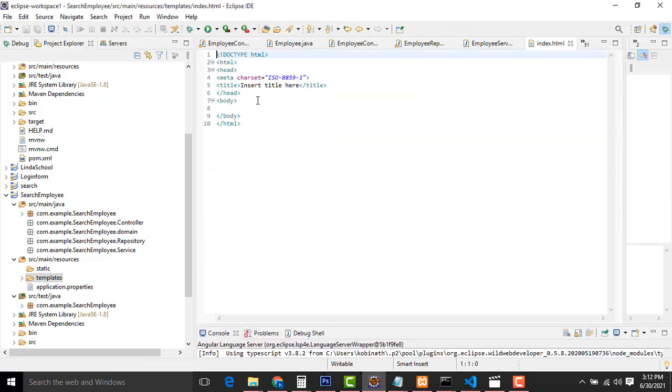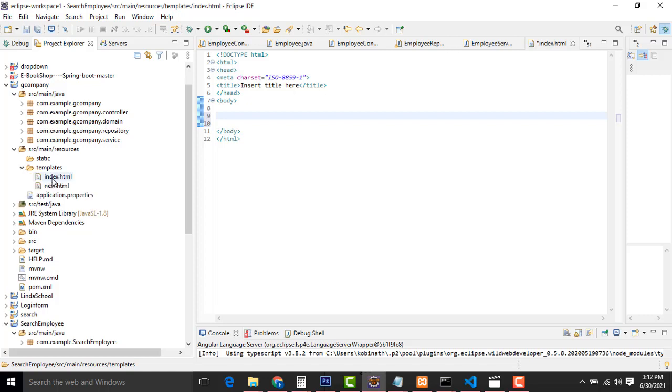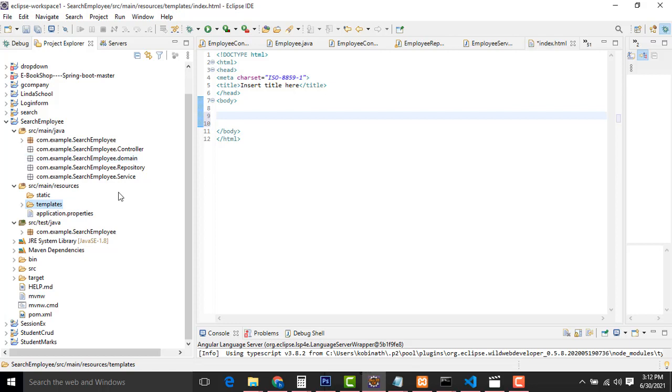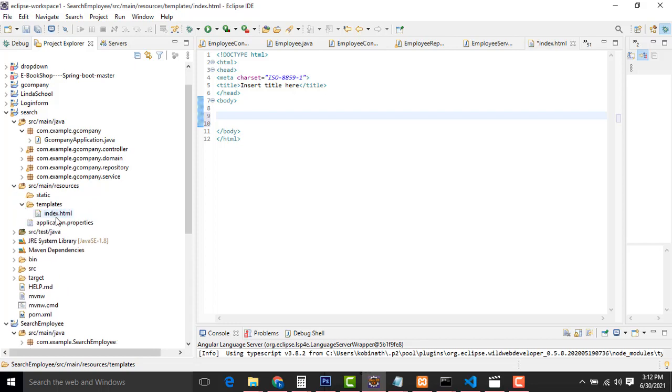Now what I am going to do is design this form. I already made the design, so I just copy and paste the same design. It's very simple. If I do it from the beginning, it takes too much time to complete the project. So I will put in the same design.